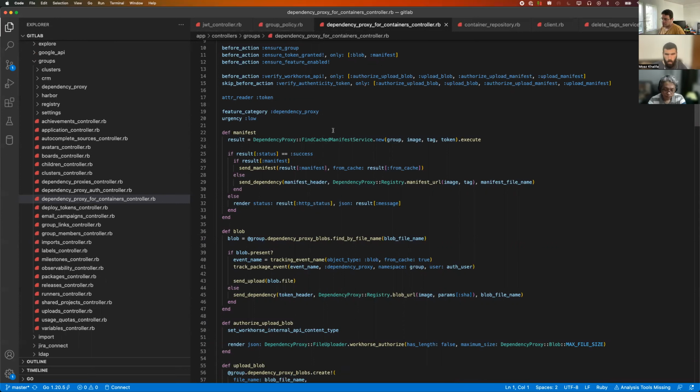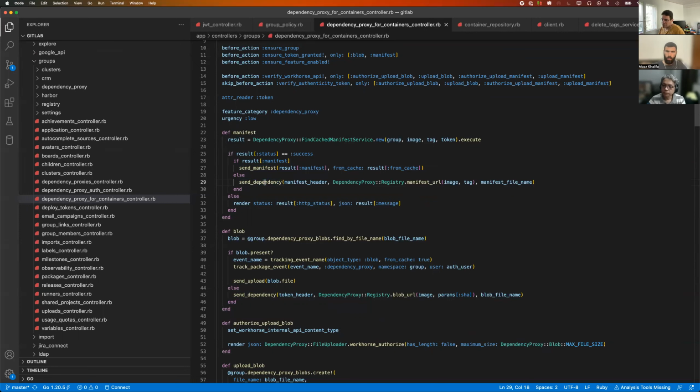Both work in a similar way, in the sense that we are going to check Docker Hub. I think there is a head request that we do to check the digest, the signature, and check if we have a cache with that object, and check that the cache has the same signature. If that's the case, then we send the manifest directly. And if that's not the case, we actually